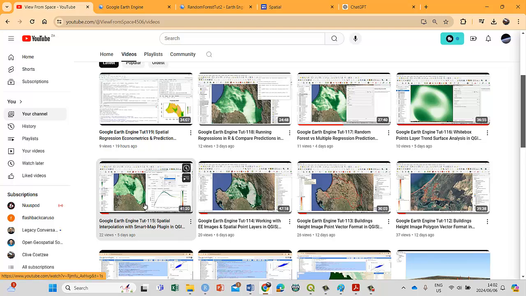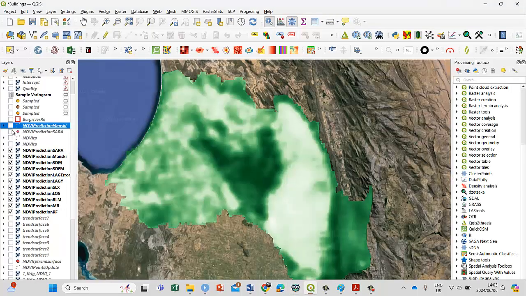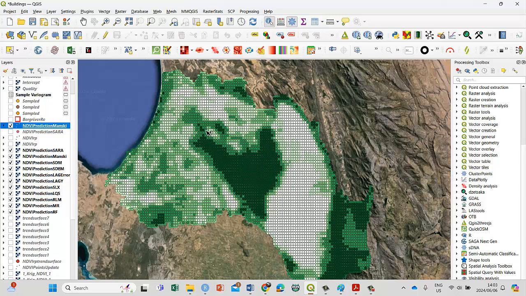Which may or may not be the best option, but that's what I have so far. I'm going to use Smart Map to interpolate, because remember, what I'm doing in interpolation, I've got these known NDVI values. I want to estimate,